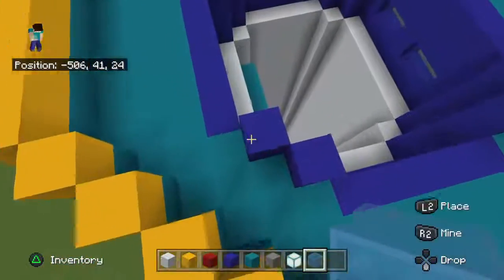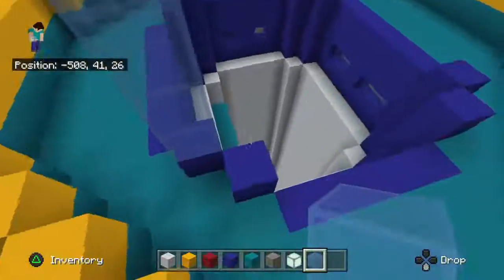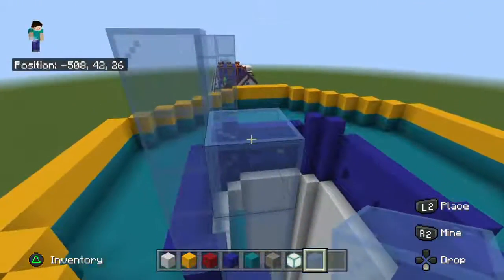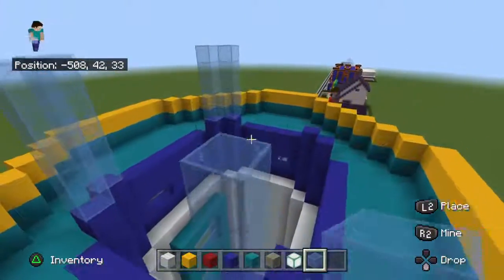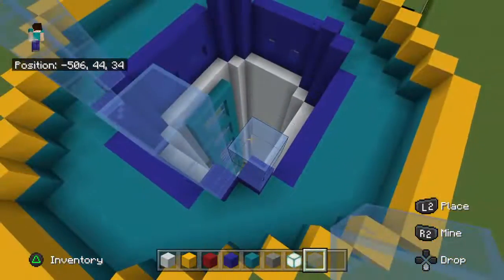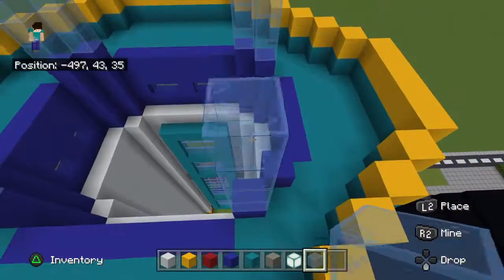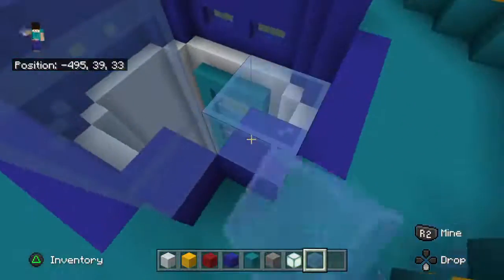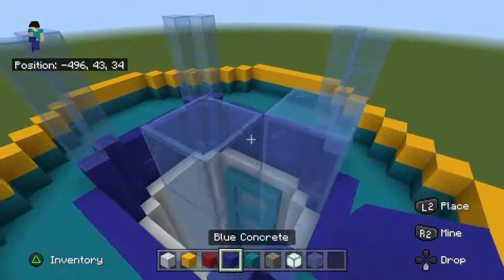And once you've actually placed all of your rows of 5 glass, I do believe that I'm doing this one, I'm kind of just using all of the other rows to measure it, you then want to place an additional blue concrete on top of every single glass that you just placed. However,